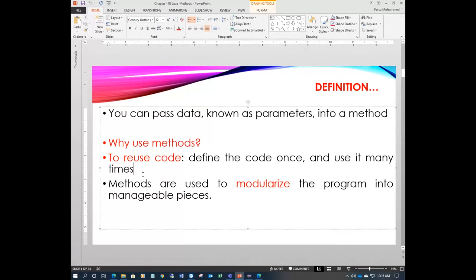So methods play an important role in modularizing and managing the program easily as small pieces. Just to highlight, memorize what modularization is. A project module is like a module. So that's a method here.